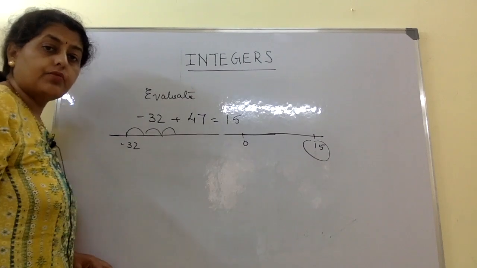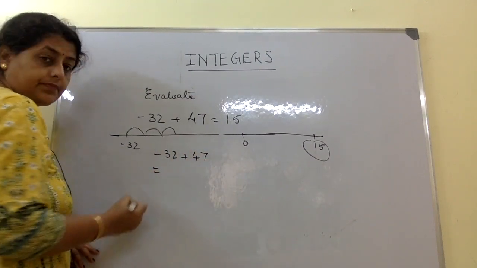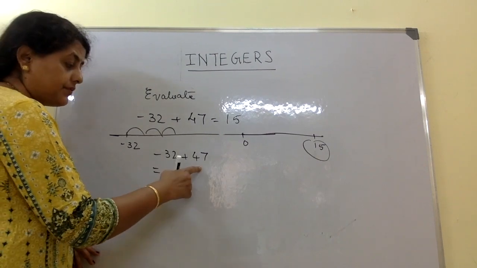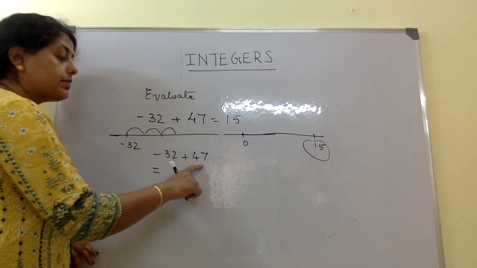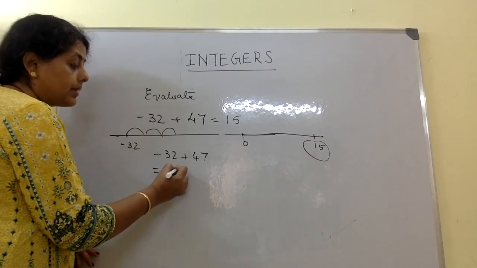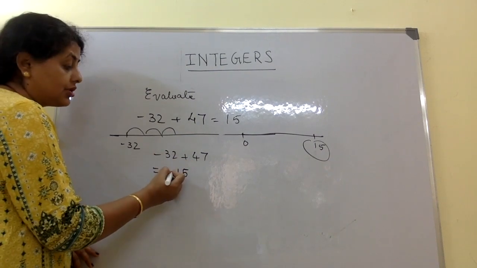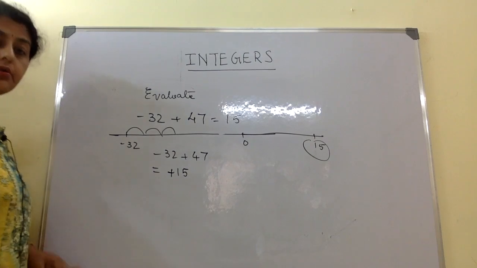Now let me do it without the number line. Minus 32 plus 47 here. So minus 32 plus 47 is, you have to subtract because different signs subtract, and on subtracting I am getting a 15, and put the sign of the number which is bigger in magnitude, so it is plus 15. Okay, so